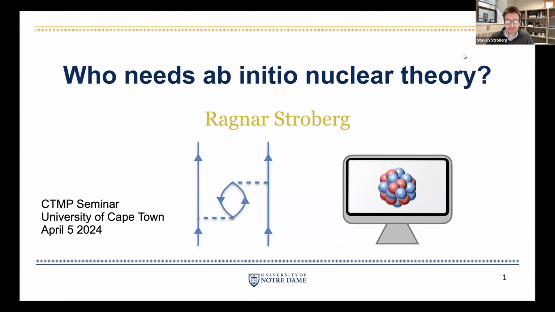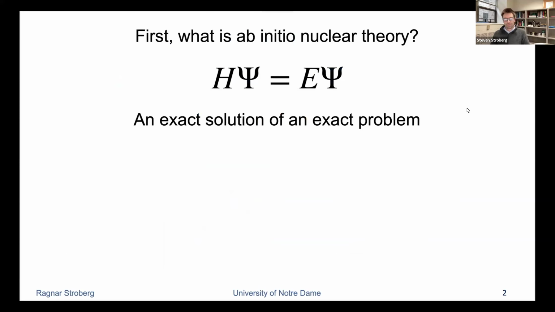I'm going to spend most of it, basically all of it, talking about the background, the cool things that you can do with it, try to motivate why you would want to do it, and then with the next talk, try to give you more details about how you actually go about doing it. So here it's largely not the nitty-gritty details of doing nuclear theory calculations. But first I should at least tell you what I mean when I'm talking about